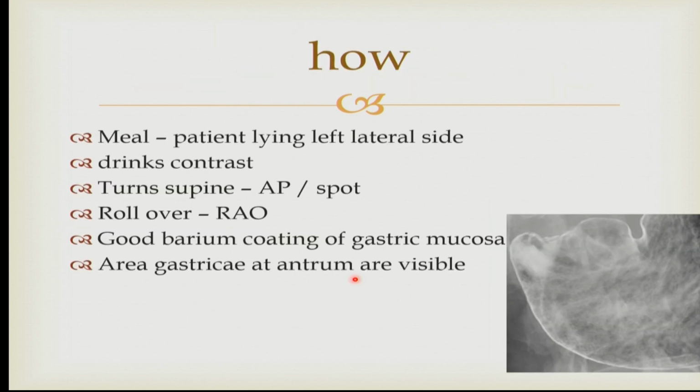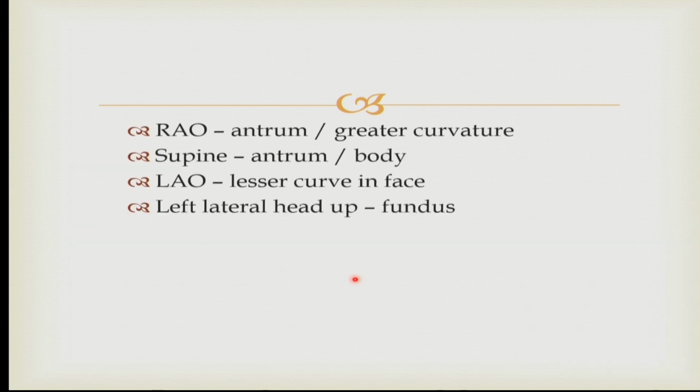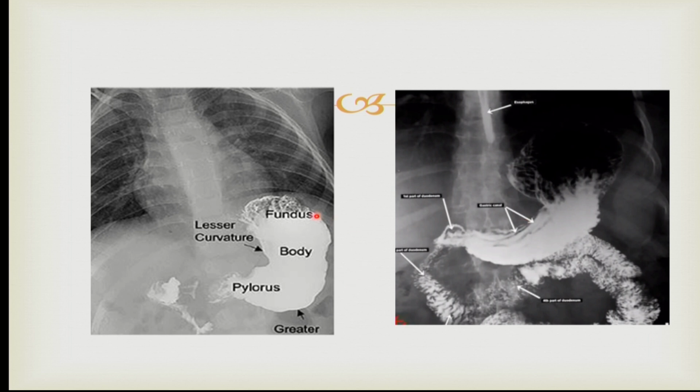There are various projections that are needed. We'll go to just normal anatomy. So this is how it would look. Gastric fundus, lesser curvature, body, and the gastric pylorus. You can see the various patterns. These are gastric rugae. These are transverse mucosal folds along the gastric curvature. So everything that I have shown is just the normal anatomy, how the meal study with a distended stomach would look.